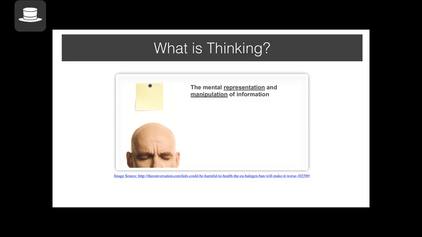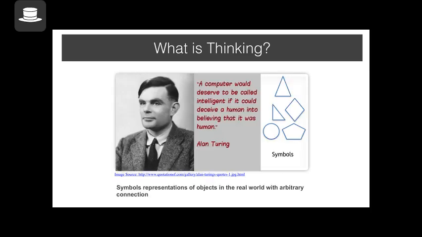Now, before we talk about the specifics of the definition of thinking, it's important that we understand the historical underpinnings behind the cognitive psychology and the fundamental ideas behind defining thinking. Now, it all goes back to scientist Alan Turing. If you watch the movie, I think it's called The Imitation Game, which is about the machine called Enigma. It's the same Alan Turing.